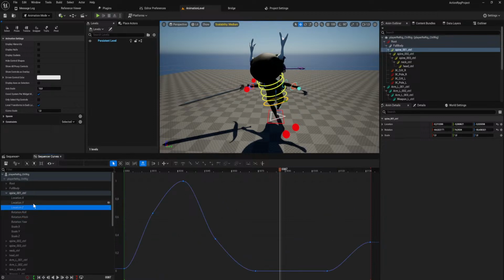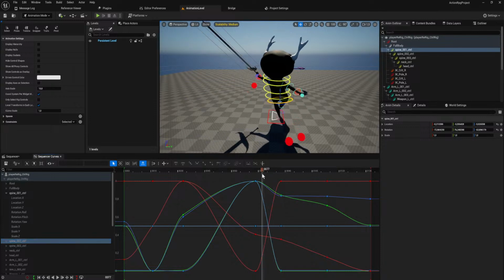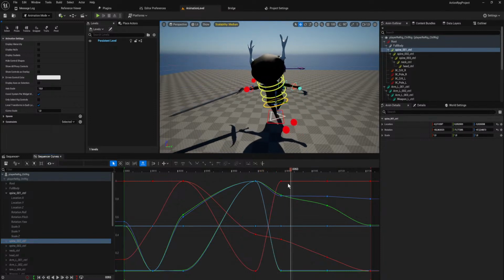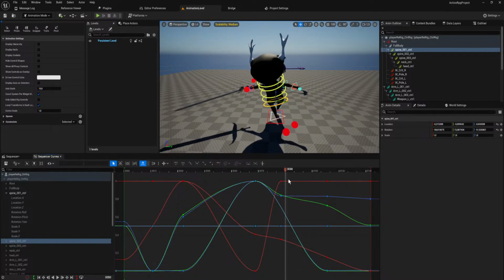None of these seem to make sense. Is it not the hips? It's spine 2? This is pretty steep. I think these keyframes are the ones that might need to go. Nope, it still does that.